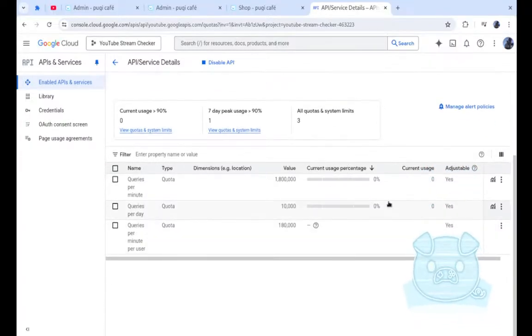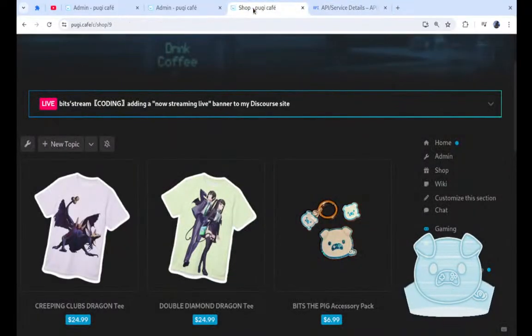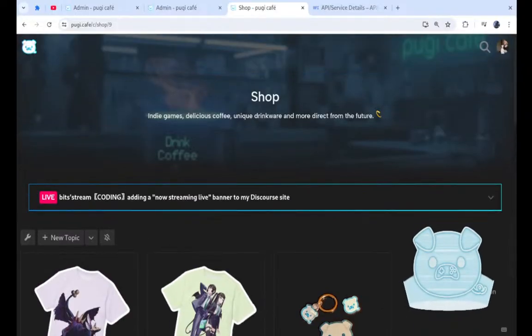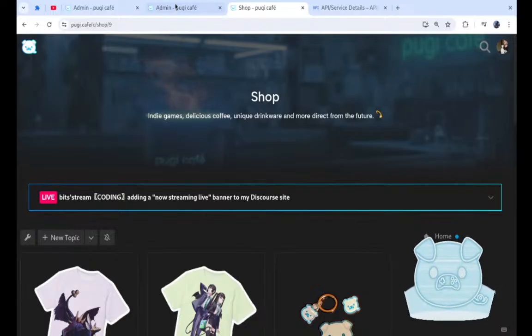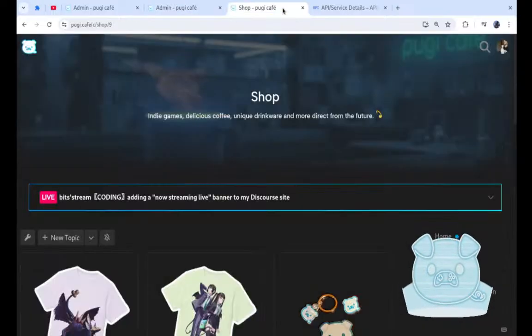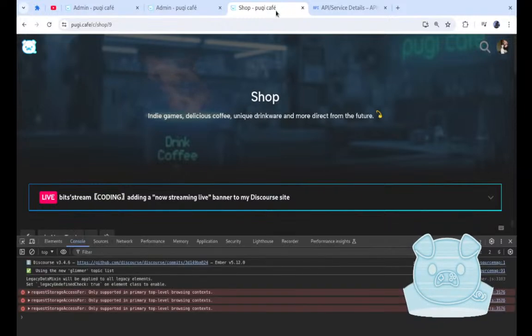Current usage 0. Leaving it on for all day, just maxed it at 10,000 for some reason. I don't know why. So what we're gonna do to debug this at first, what we're gonna do,